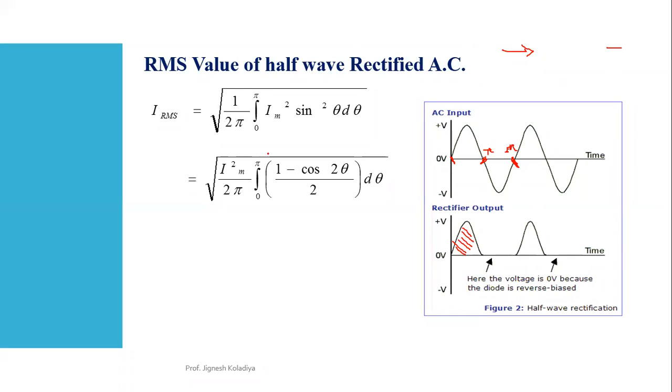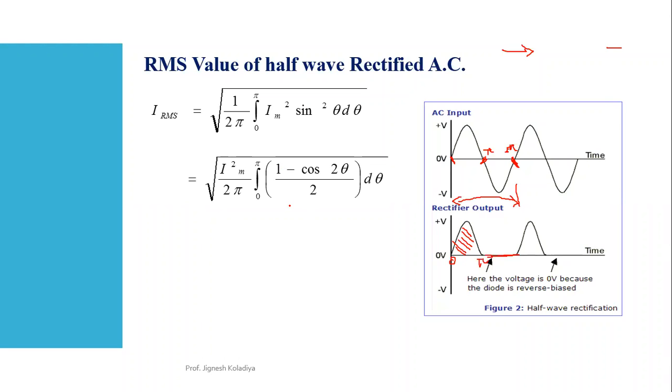Now you have to use over here the complete cycle from 0 to 2 pi, but you are getting the output during 0 to pi only. So I'm taking the total time period, but here the integration limit I'm taking only 0 to pi. You can take 0 to 2 pi also, but ultimately you are getting 0. So you can do it by yourself. Next time we will see if you cannot find it.